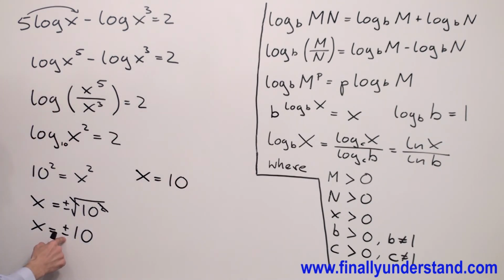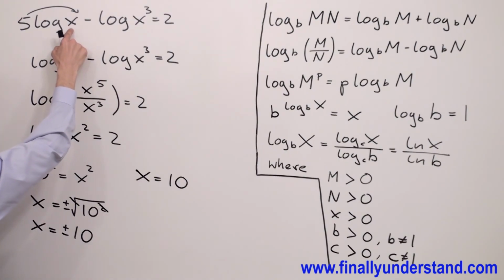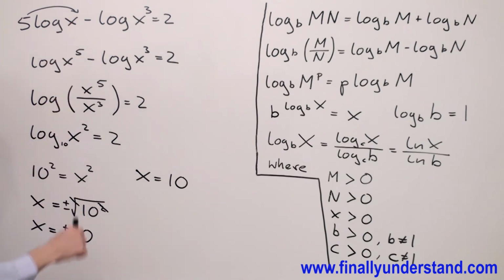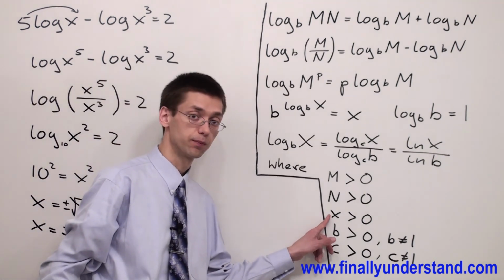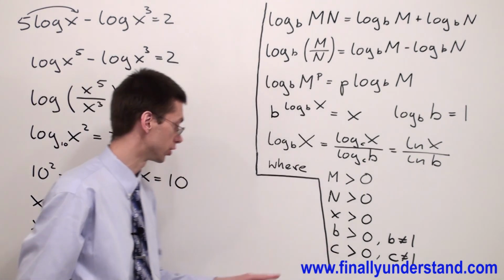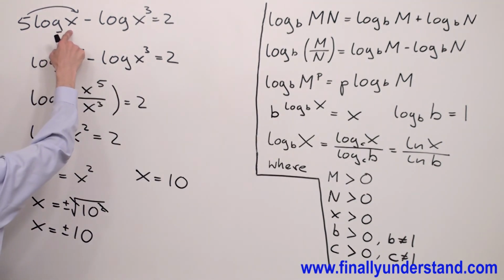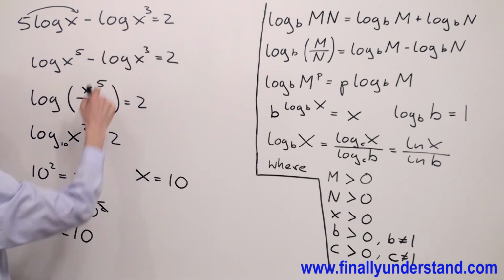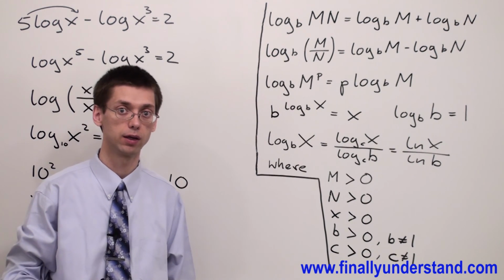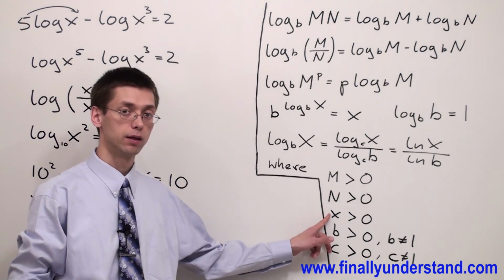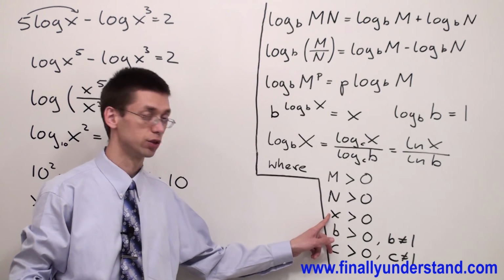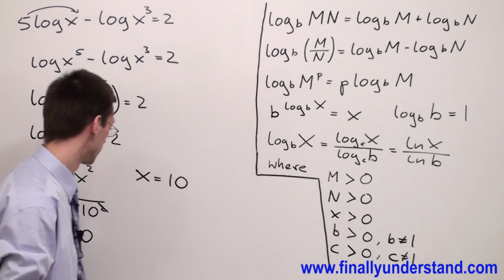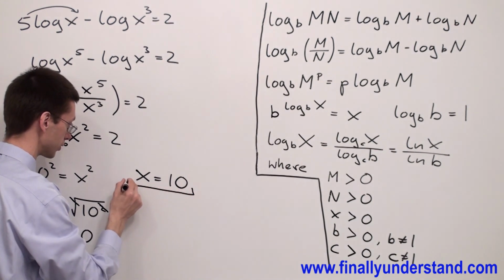Let's check negative 10. If I'm going to replace x by negative 10, my domain is going to be negative. This is going against the definition. So this is an incorrect answer for the first log. And if I'm going to raise negative 10 to the 3rd power, I'm going to get a negative number anyway. And again, I'm going against the definition of the logarithm. That's why my answer for this problem is positive